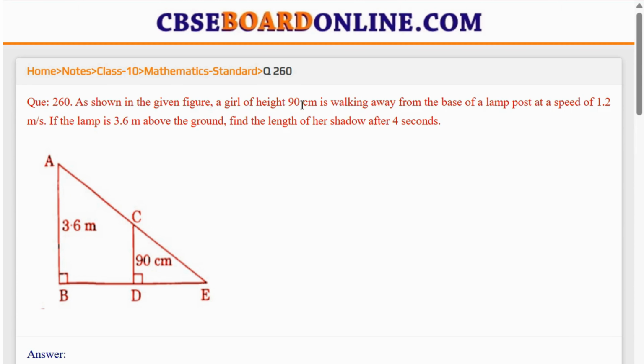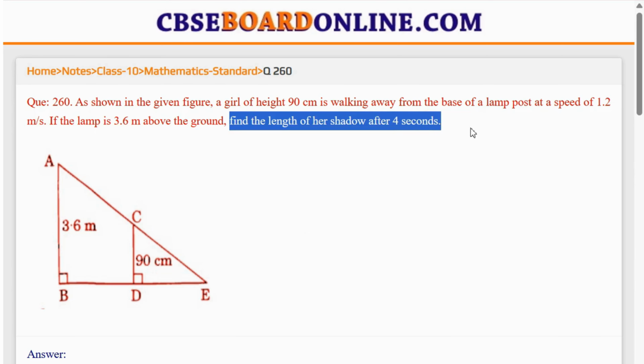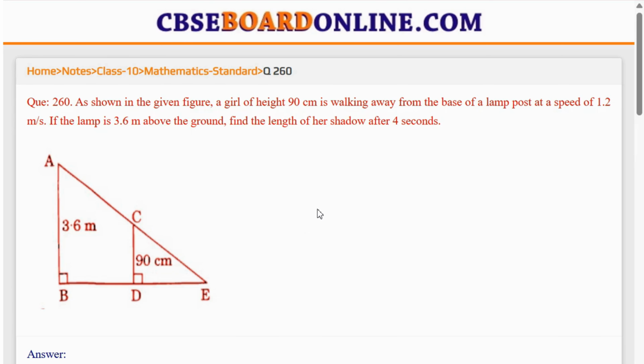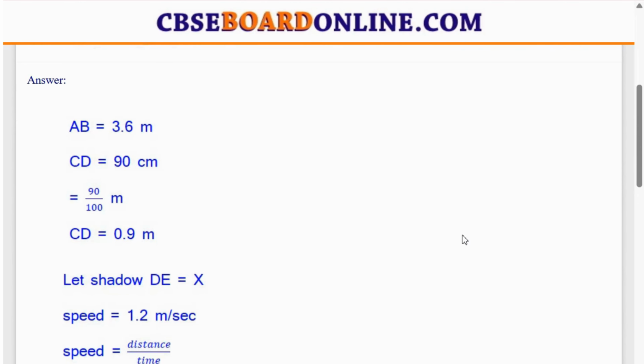ठीक है, as shown in the figure, the girl of height 0.9 meter away from the post 1. और हमें क्या गिवन है, इसकी स्पीड भी गिवन है, ठीक है। अब हम लोग ने ये भी समझा कि आफ्टर 4 सेकेंड हमें लेंथ फाइंड आउट करनी है, तो हमारे पास टाइम भी गिवन है, स्पीड भी गिवन है और हमें फाइंड आउट करनी है डिस्टेंस। अगर केयरफुली देखोगे तो हमें डिस्टेंस फाइंड आउट करनी है।